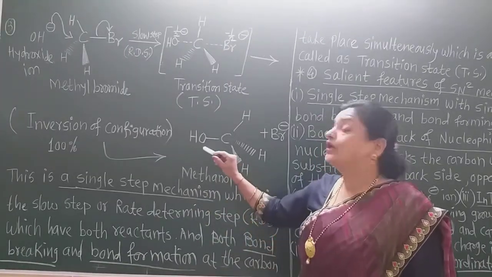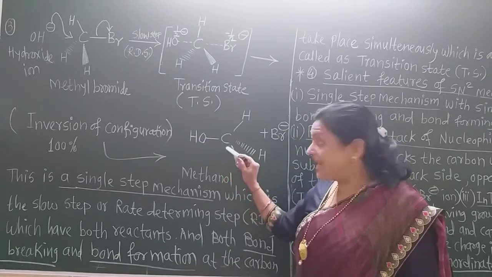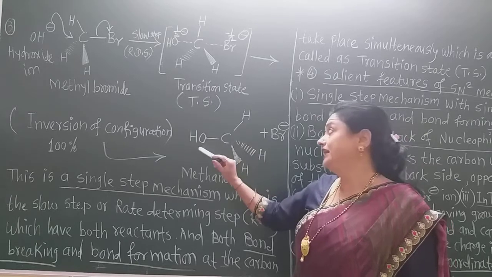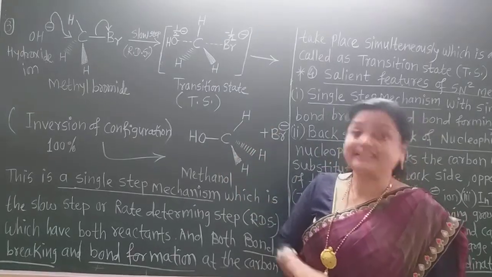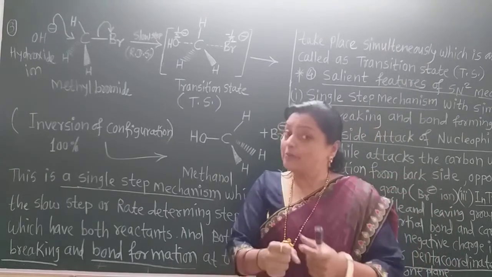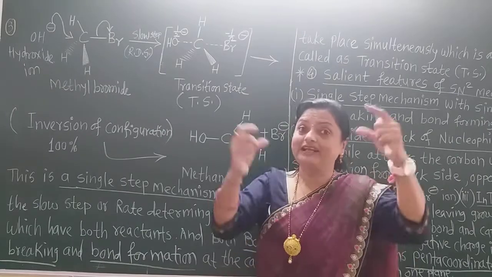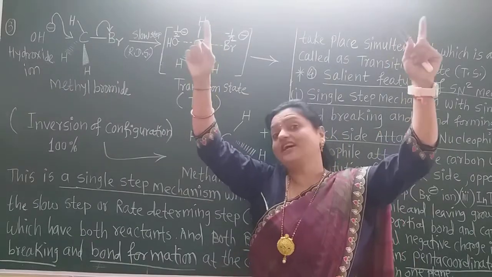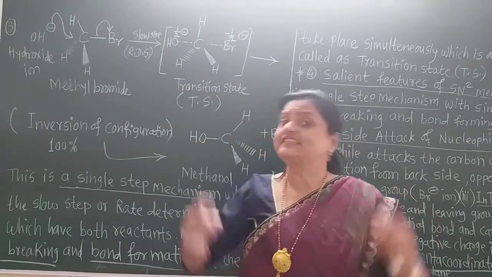The OH ion gets attached from the back side to the carbon on the left side and all the hydrogens come to the opposite side, just like an umbrella blowing inside out in the rainy season. Sometimes when there is a large wind in the rainy season,